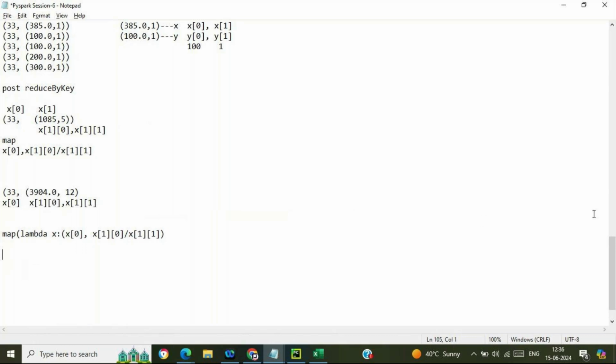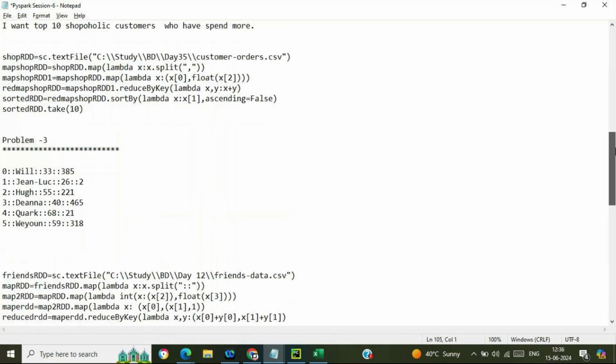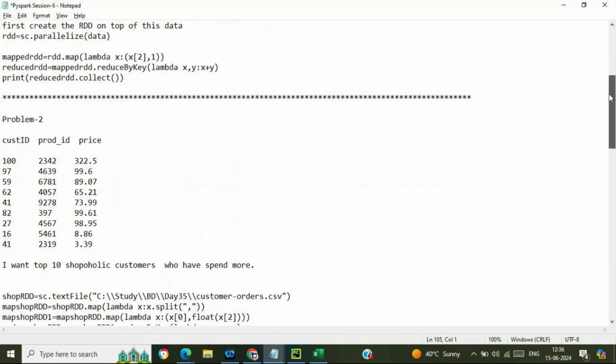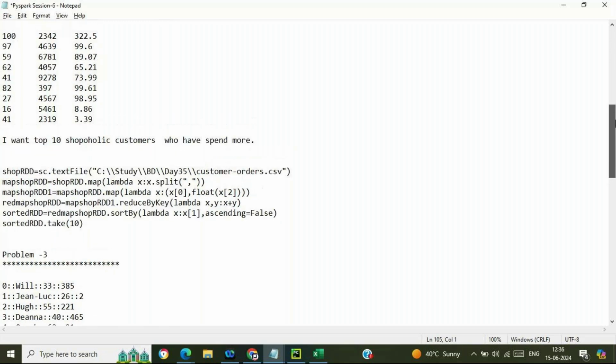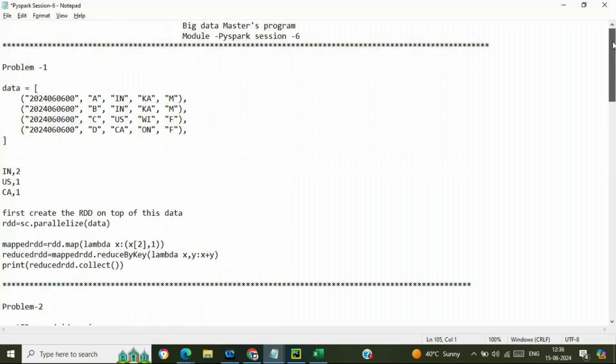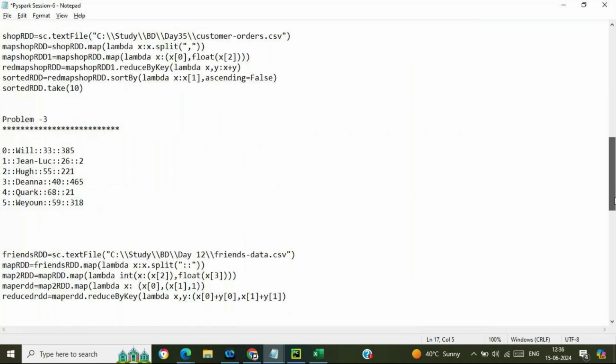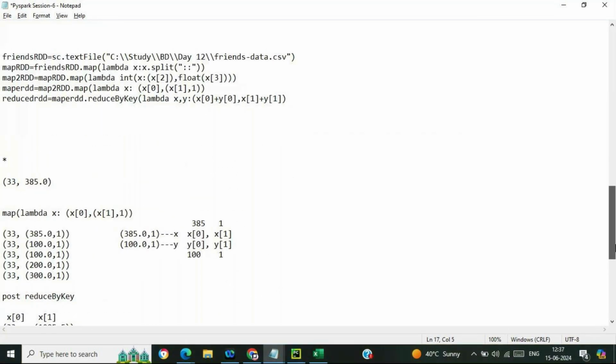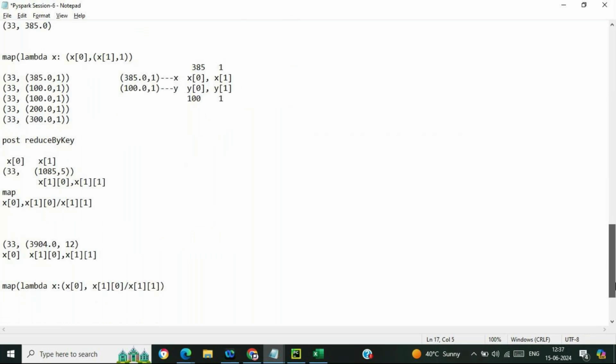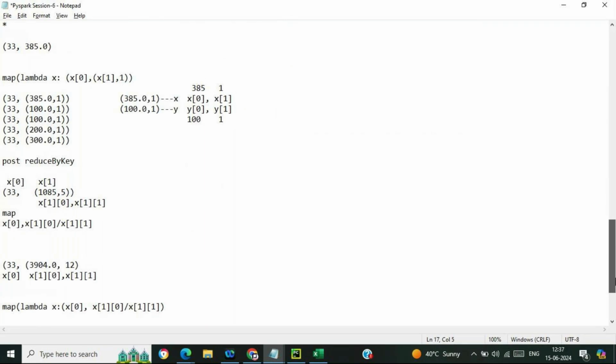So I think that's all for this particular session. My agenda, my motto was to give you the insight into how things happen in the real world. The interviewer provides the data and says, I just want this particular output. This data set is taken from one of the interviews. I will keep sharing such examples in our upcoming sessions as well, and those will be good if you practice. Then you will be ready for the interviews.